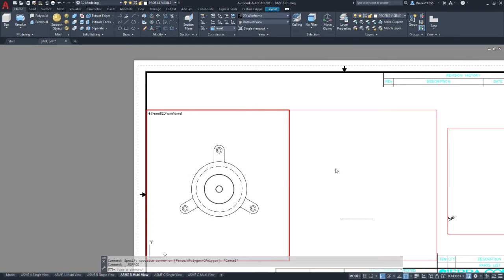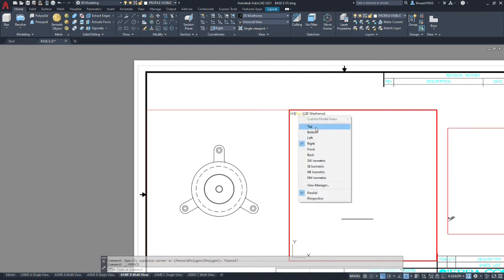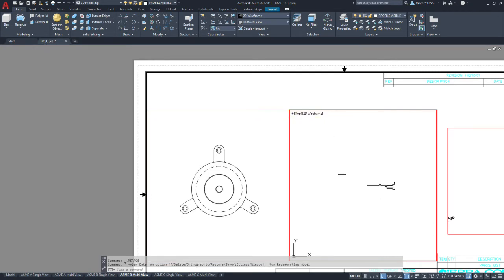Alright, and then over on this view, we need to change it from a right to a top view and do the same thing with our section. Now we have to modify this section because we're doing an aligned section. It goes through the centers of these holes and then off to the right, and what's displayed here is as if you slice the part as a full section, not an aligned.